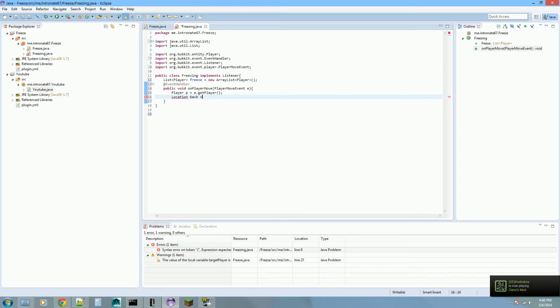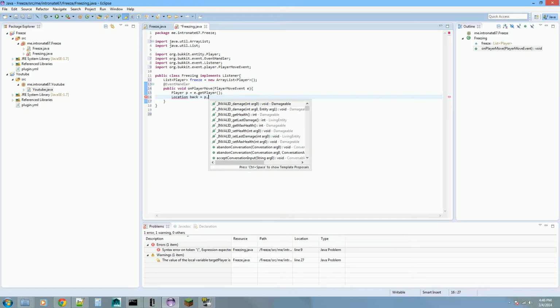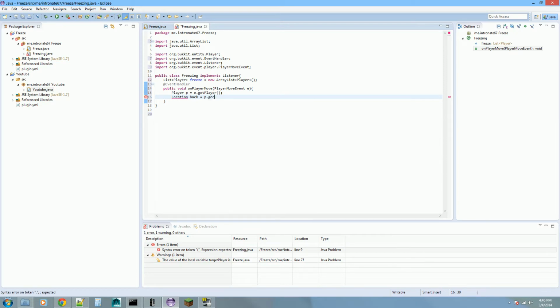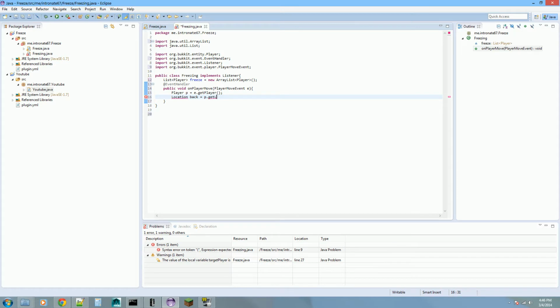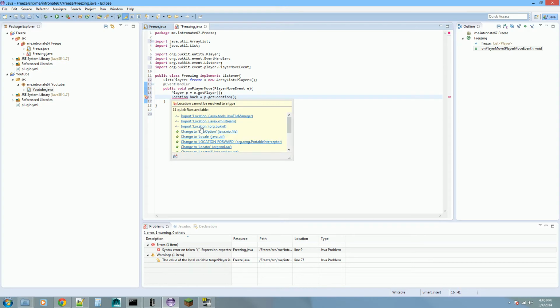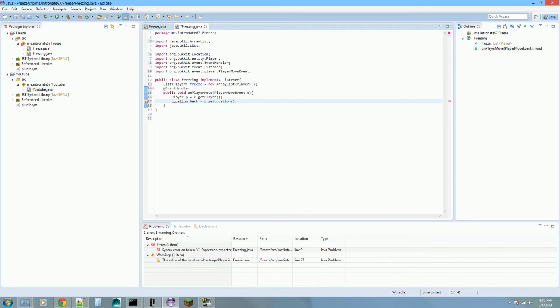Location back equals p dot get location. My key's not working today. I think it's like this. Okay, now we need to import location. And we need to put the org.bukkit one. Make sure you import that one. So now we need to do if. So if this